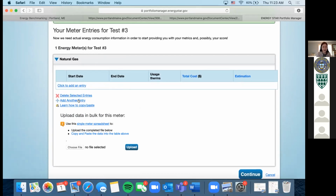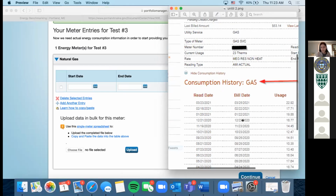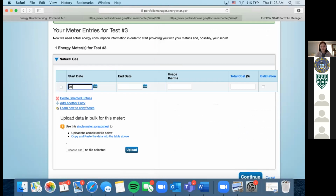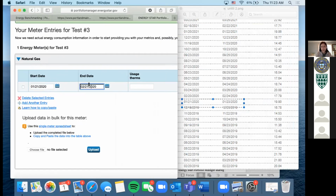You can see here that you can add an entry. This is how you start adding data. So the start date, we're gonna look straight at our Unitil. I'm gonna scroll in on it. Let's go back. So we're gonna start for the month of January. So let's say we wanna do this one right here. We're gonna say 1/21/2020. Let's see if I can make this a little smaller. So 1/21/2020 to, this one goes,